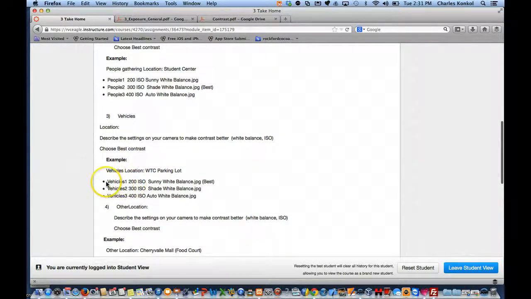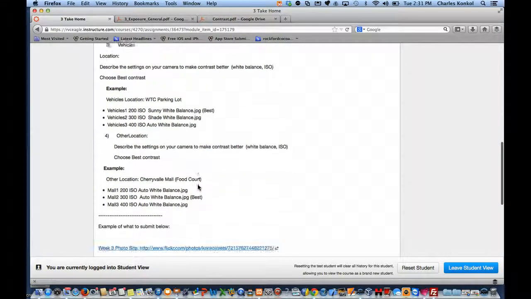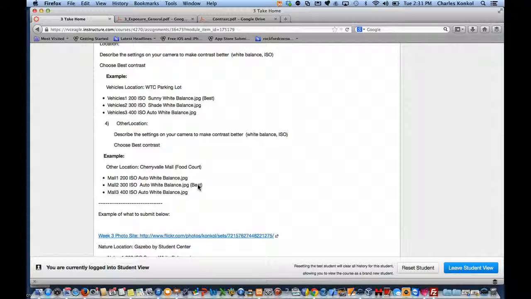Under each picture, you'll put exactly what I have here as the example, except you'll also put on the 3, like say you upload the 3 vehicle photos, say in your example that you've uploaded, maybe this one looks the best as far as exposure, so you're going to put parentheses around this one and leave the other 2 alone. Other location,